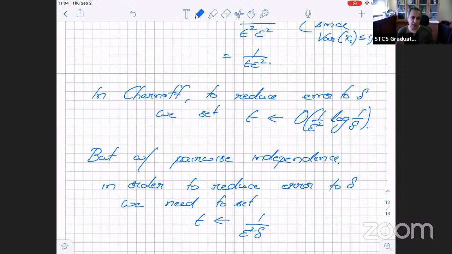independent random points. So that's the trade-off, and sometimes we need to use both of them, because we need sometimes to reduce error and reduce random bits. But it's good to have both of these in mind. In Chernoff, if you want to reduce the error to delta,